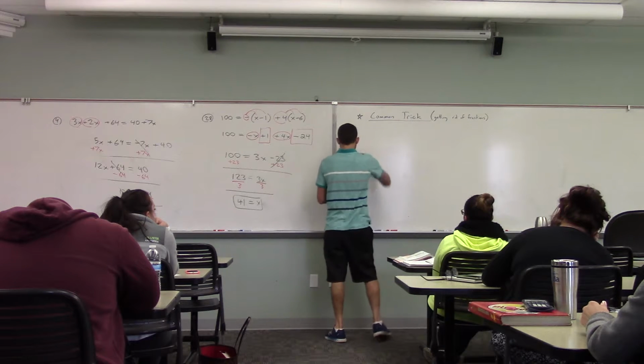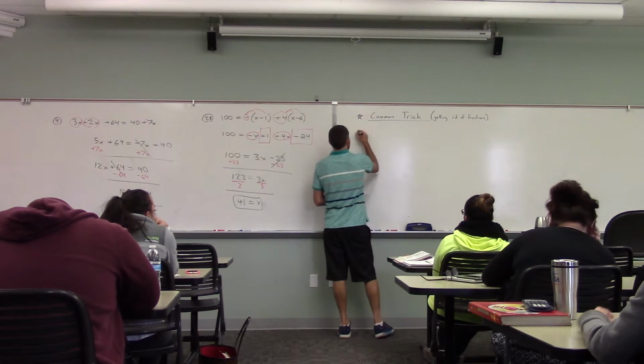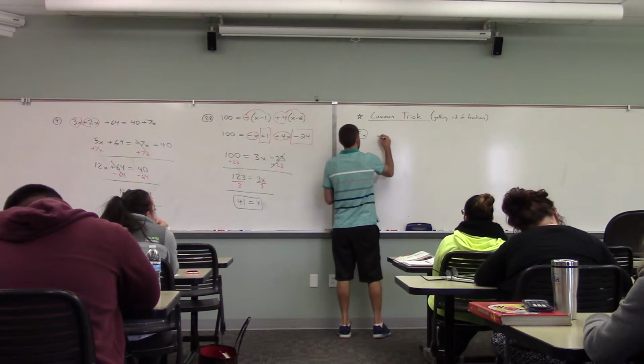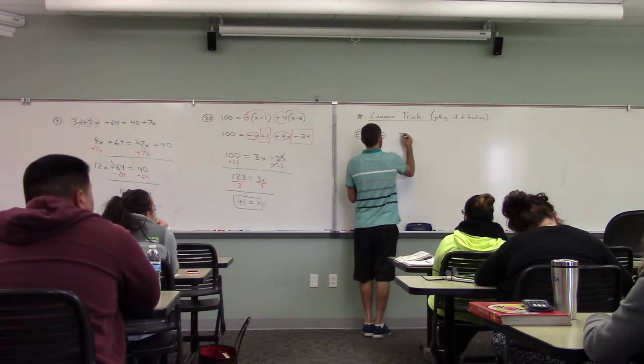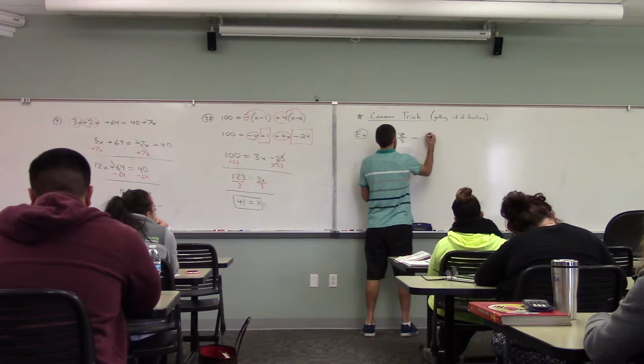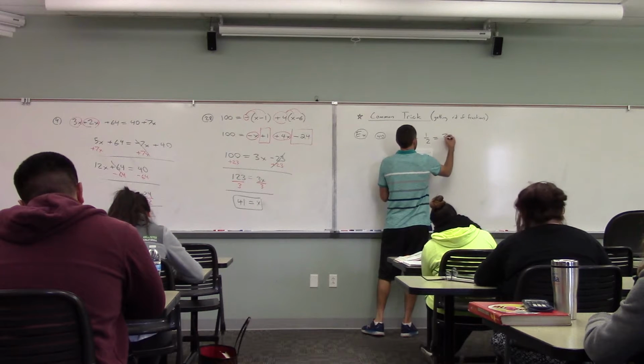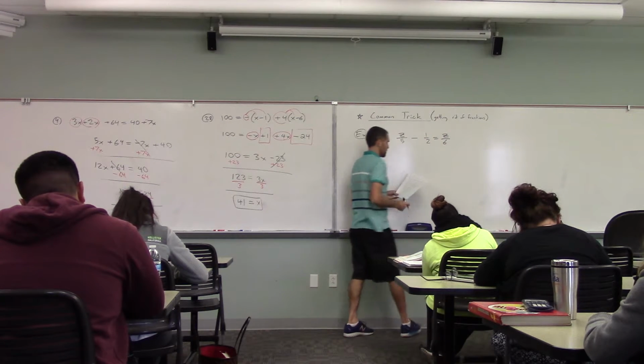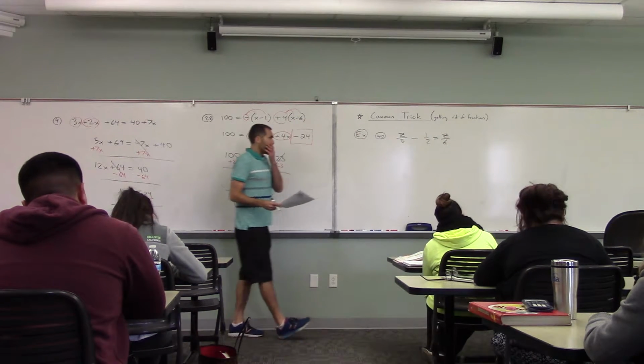I'll give you an example. This is number 40 in your book. z divided by 5 minus 1/2 equals z divided by 6. And right away, if people wanted to solve this,